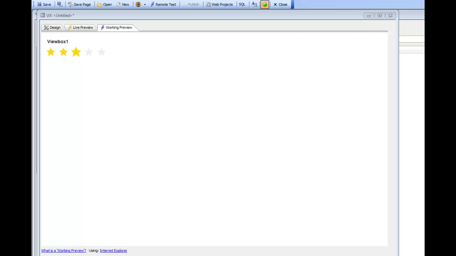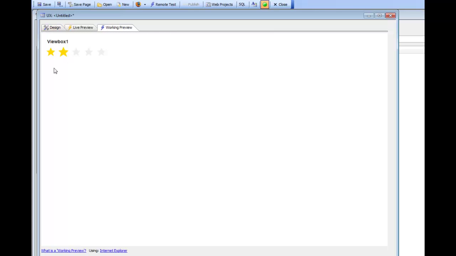In this video we'll do a behind the scenes walkthrough of the sample star rating Viewbox control. So you can see we have the Viewbox control here running in the UX component, and this particular control allows you to select a star rating by clicking on an individual star. But because this is a Viewbox, it has a value,